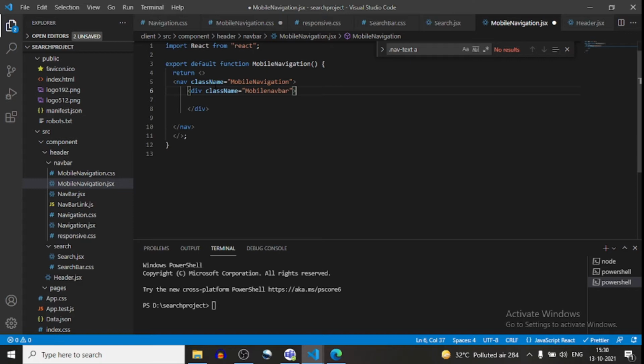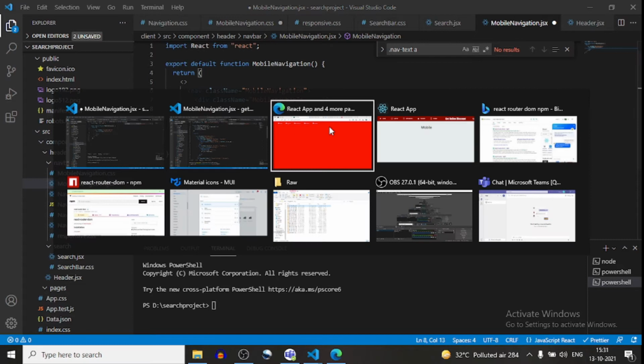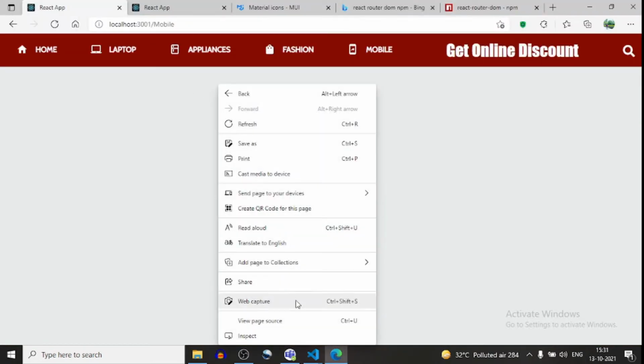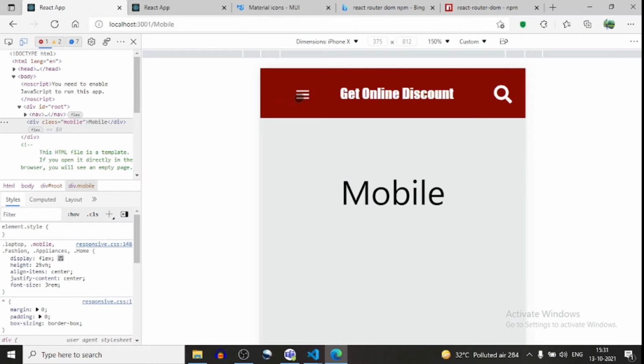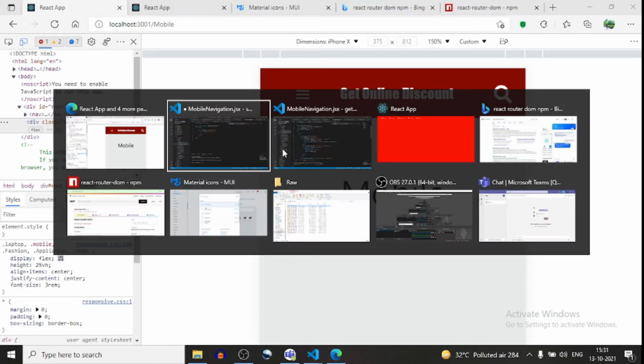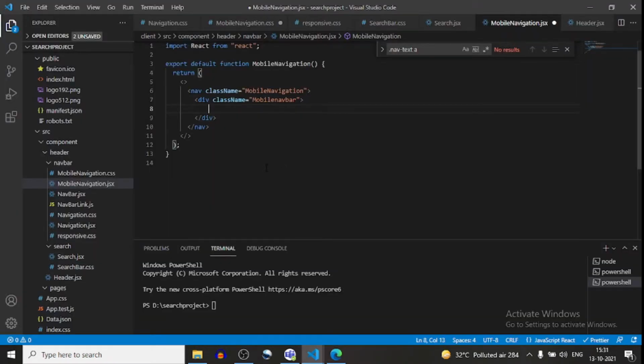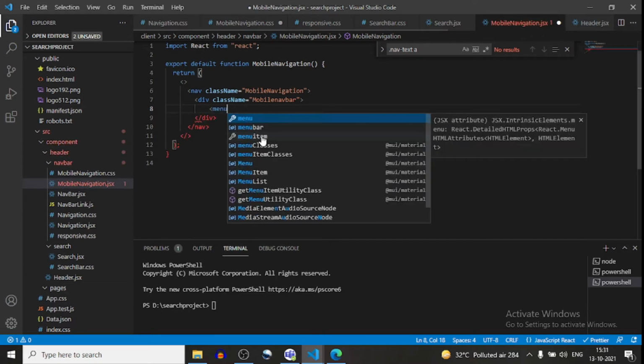Here what we are trying to do is create this icon. This icon we are going to create now. For that, menu icon.